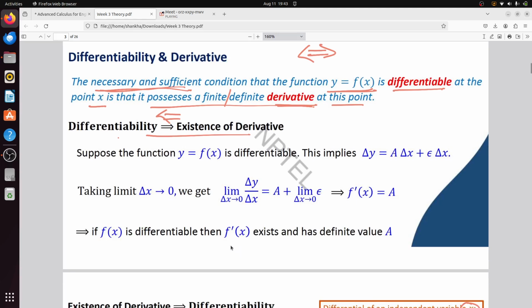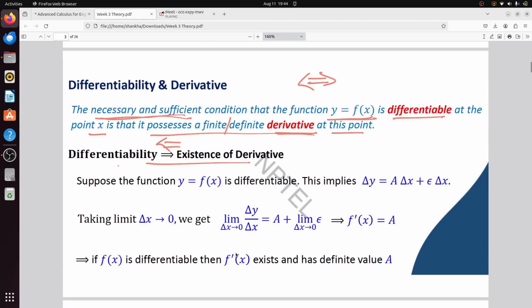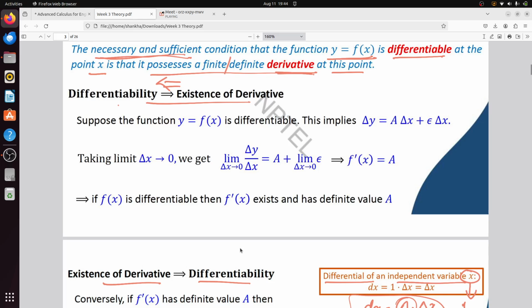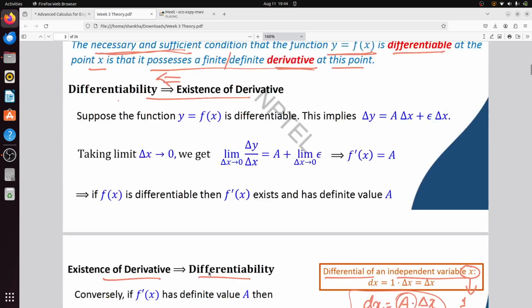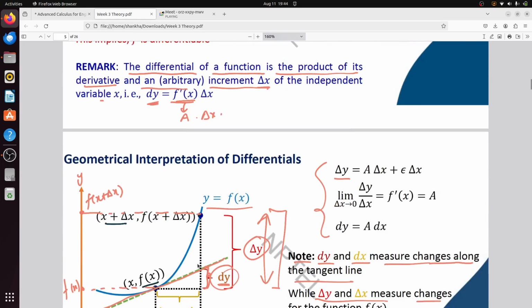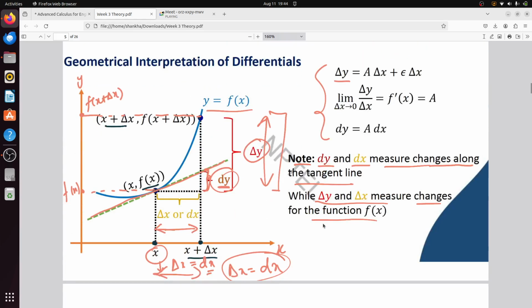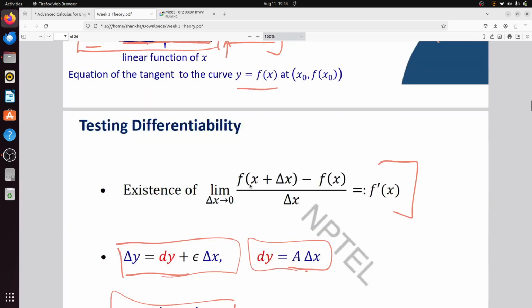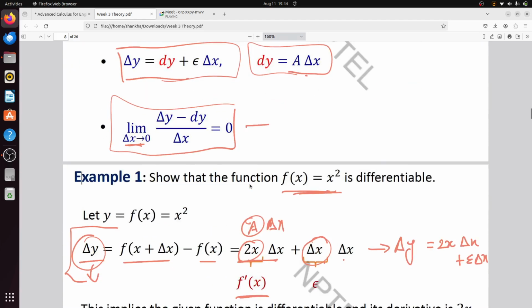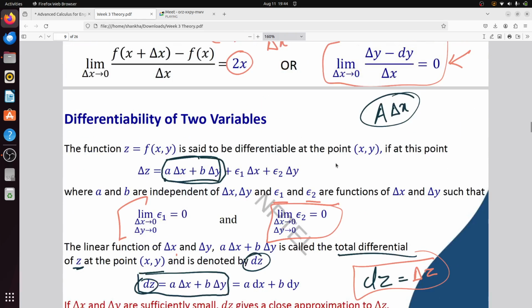Now I hope that you already know these things, so I will skip them. I will not discuss this. You can just go through these slides for continuity of the problem solving sessions. I have written many theorems, many things which you already know, so I will not discuss them. You know the geometrical interpretation of the differential also, what they mean. The derivative actually gives the slope of the tangent. I hope that you all know these things. Okay, these parts I have already discussed.